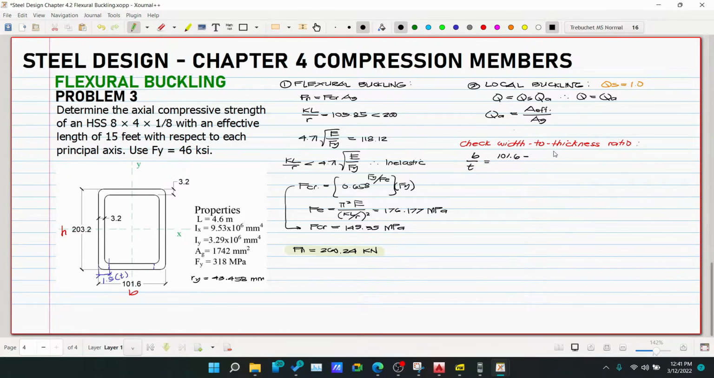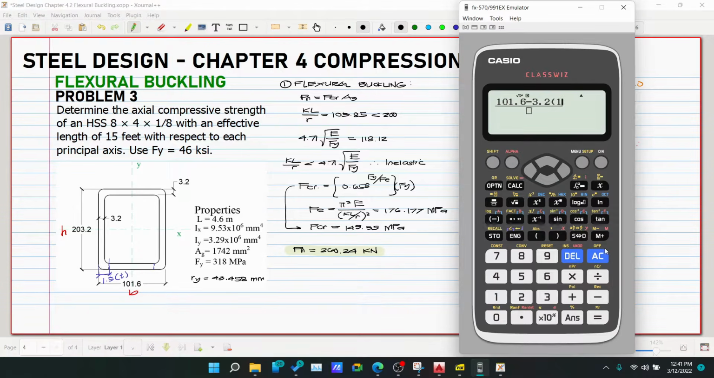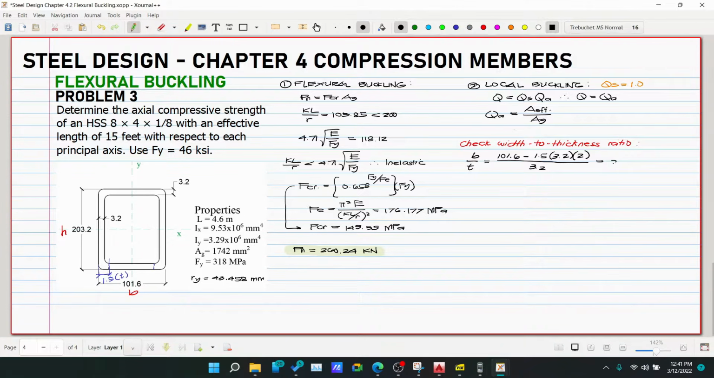101.6, we will subtract two times 1.5 of the thickness. So 1.5 of the thickness of 3.2, multiplied by 2, then over the thickness of 3.2. Then our B over T is 101.6 minus 1.5 of 3.2, multiplied by 2, over 3.2. So this is 28.75. Then our H over T, this is 203.2